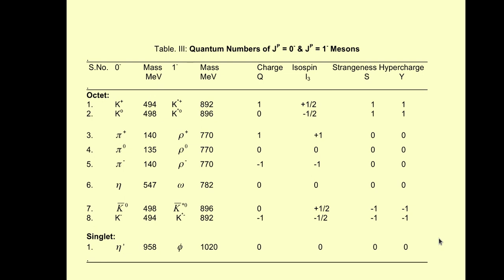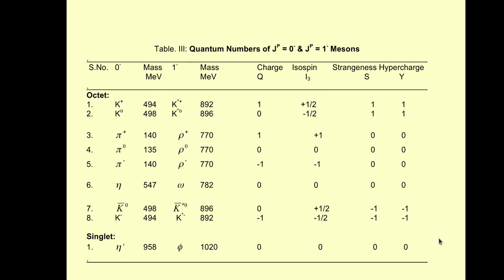And K plus, K0, if you look at isospin, their charge is obviously +1 and 0, but they form an isodoublet. It is something like proton and neutron. So they have isospin half, and their third component plus half and minus half goes with K plus and K0 respectively. And they have strangeness +1. And so if you add their baryon number, because the baryon number of all the mesons is 0, their hypercharge Y, that is B plus S,